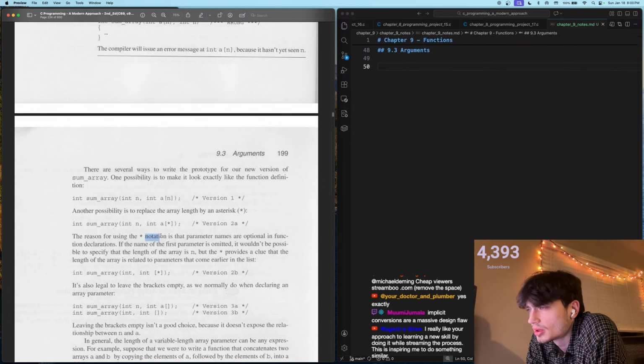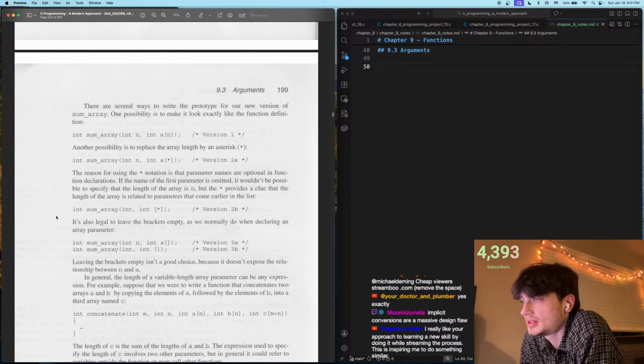The reason for using the star notation is that the parameter names are optional in function declarations. If the name of the first parameter is omitted, it wouldn't be possible to specify that the length of the array is n, but the star provides a clue that the length of the array is related to parameters that come earlier in this list. int sum_array(int, int [*]);